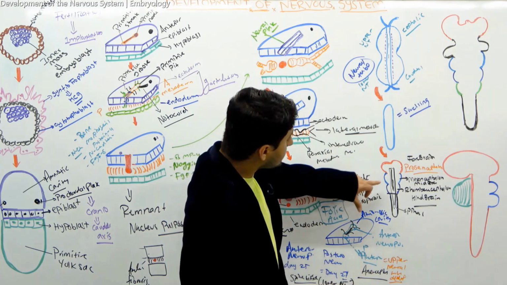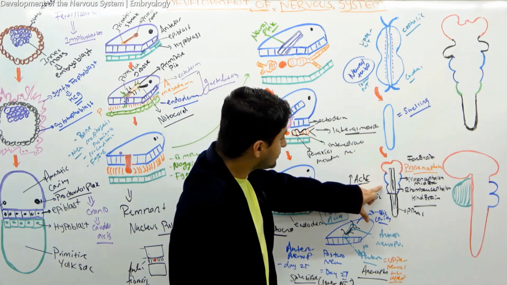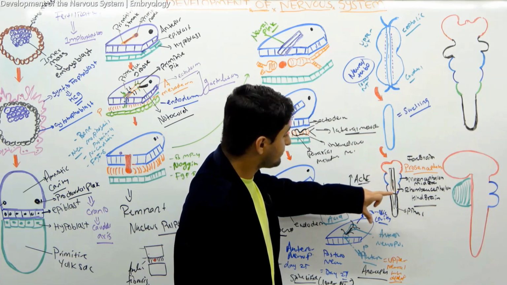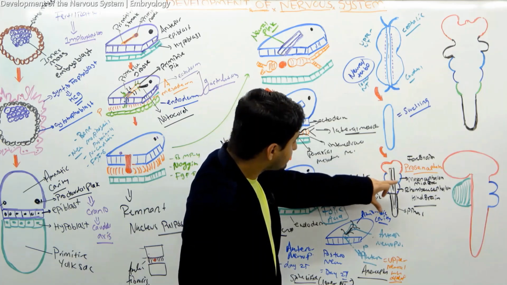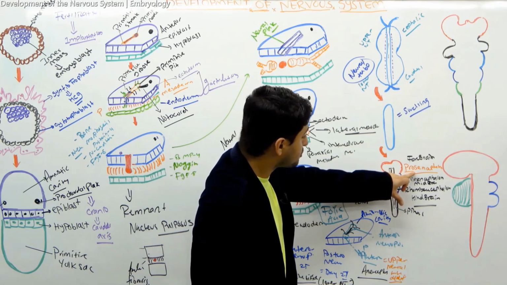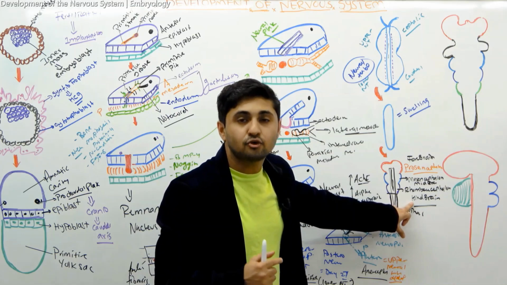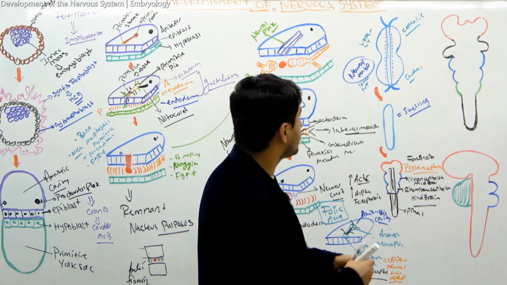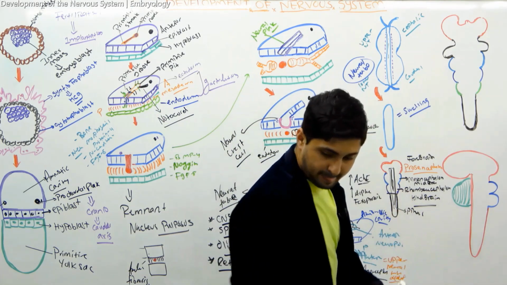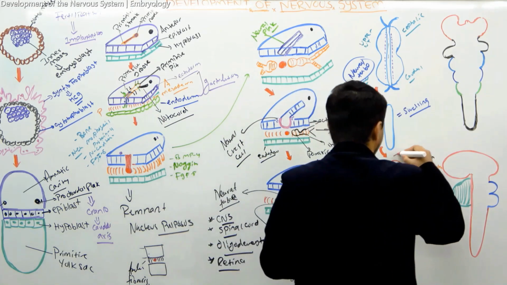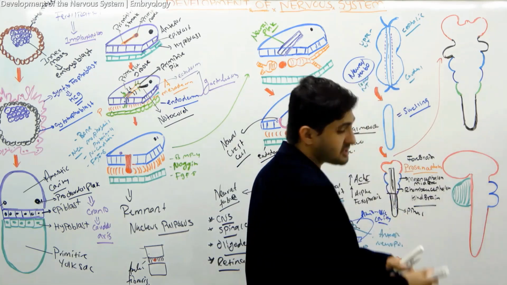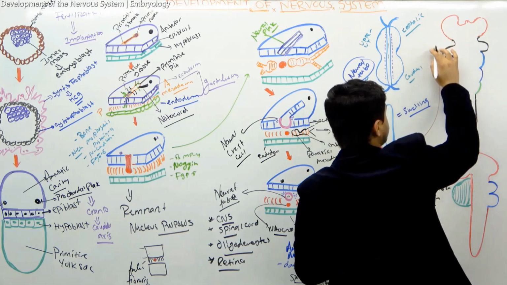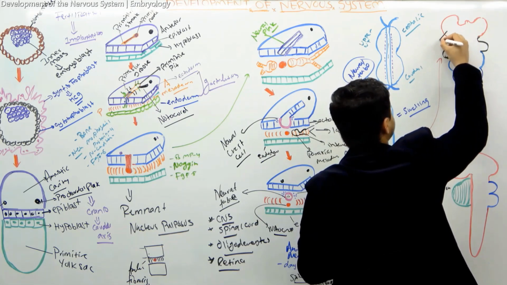Now, not only does this happen, these guys go through further modifications. After forming the prosencephalon, mesencephalon, and rhombencephalon, especially the prosencephalon and the rhombencephalon go through further modifications. They get differentiated into two more structures. Look, if you see right here, look at this structure. The first structure right here, you guys know this structure, right? Because this is this structure, they get differentiated. One of them is called